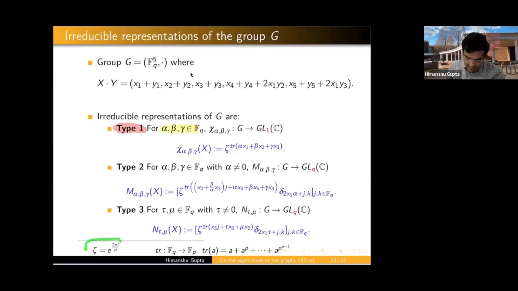What is zeta? Zeta is e to the power 2 pi i divided by p, that is a primitive pth root of unity. And what is the trace function? The trace function is from Fq to Fp. I'm assuming here that q is p to the power e. It takes an element a from Fq